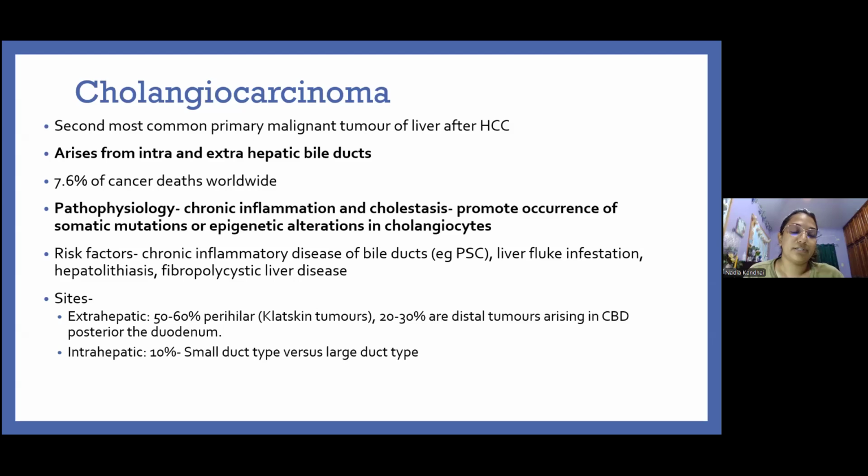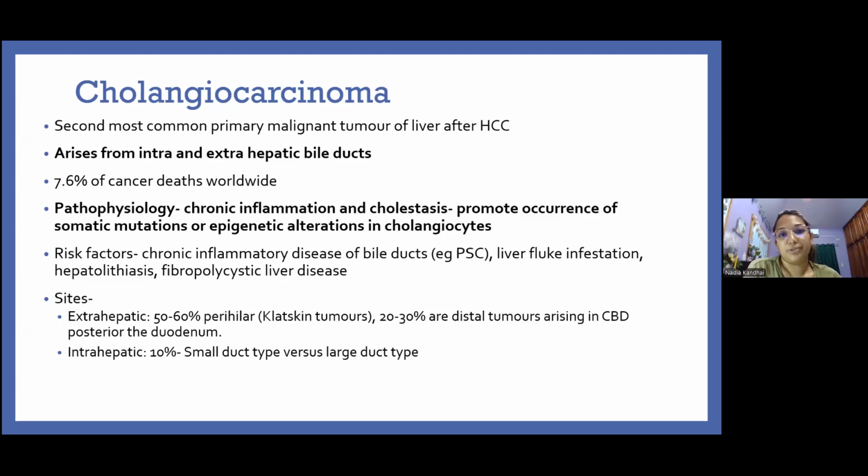Cholangiocarcinomas are the second most common primary malignant tumor of the liver after hepatocellular carcinomas. They arise from both intra and extrahepatic bile ducts and account for 7.6% of cancer deaths worldwide. The pathophysiology of cholangiocarcinoma involves chronic inflammation and cholestasis, which promotes the occurrence of somatic mutations or epigenetic alterations in the cells, the cholangiocytes. Risk factors can be chronic inflammatory diseases of the bile ducts, liver fluke infestation, fibropolycystic liver